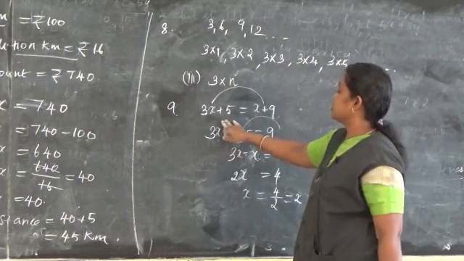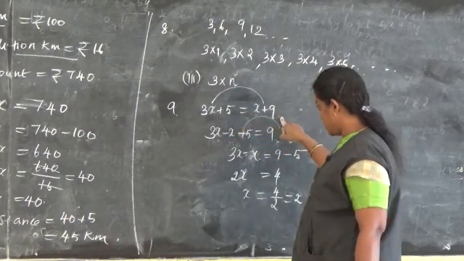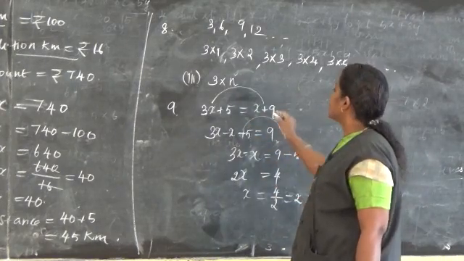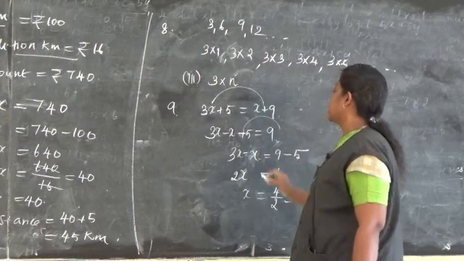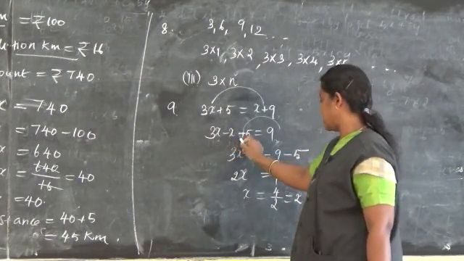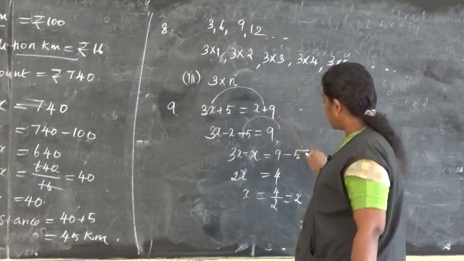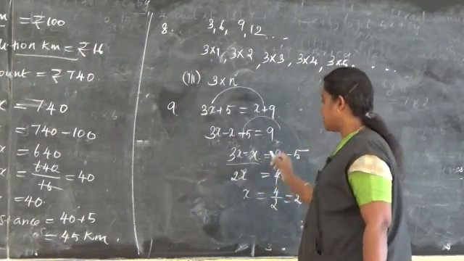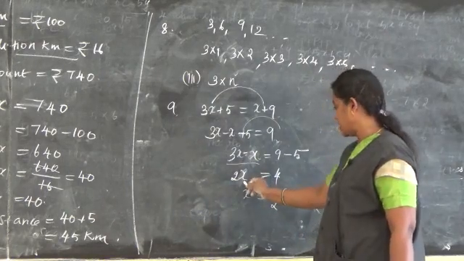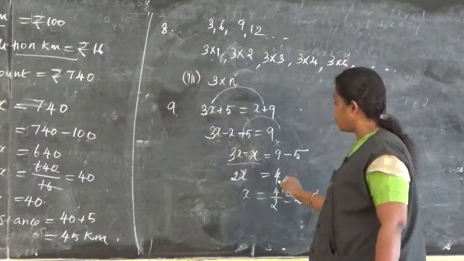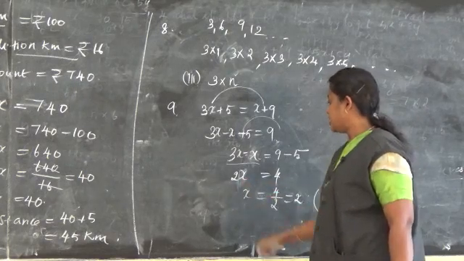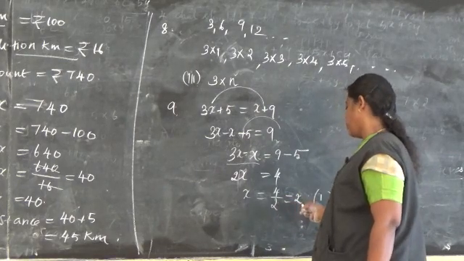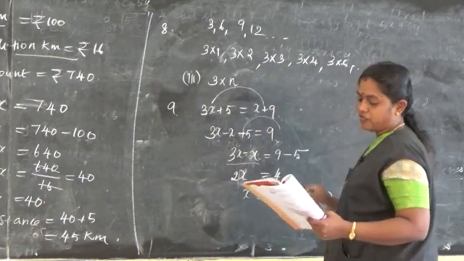What is the equation given to us? 3x plus 5 equal to x plus 9. So if you are grouping the terms, we can add or subtract. So x goes to the left hand side as minus x. So 3x minus x plus 5 equal to 9. Plus 5 goes to this side as minus 5. 3x minus x equal to 9 minus 5. If you are subtracting 3x minus x, that is equal to 2x. 9 minus 5 is 4. 2x equal to 4. Here multiplication goes to that side as division. So 4 by 2. If you are cancelling, 2 2s are 4. So x equal to 2. Our option is the first option.